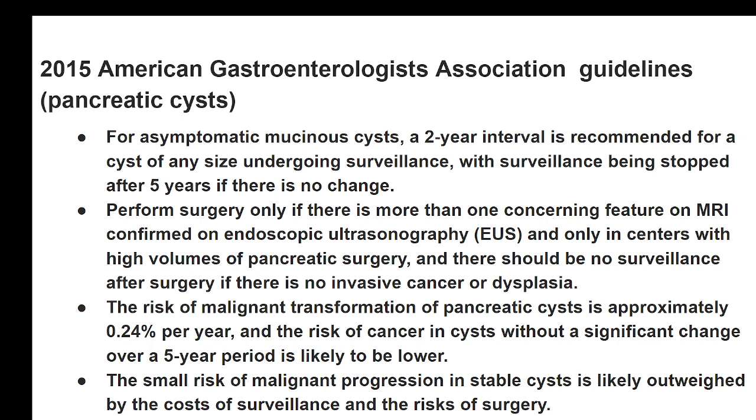The risk of malignant transformation of a pancreatic cyst is approximately 0.24% per year, and the risk of cancer in cysts without a significant change over a 5-year period is likely to be lower. So the risk of malignancy is not very significant. 0.24% is less than 1/4 of one percent. That means out of 400 patients, one may become malignant, and this is increasing for the first year and the next year also. But after 5 years, if there is no change, then that complication doesn't occur,